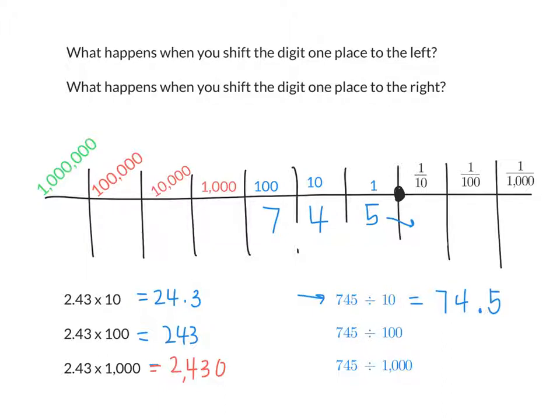to the right or to the left. What do you guys think? To the left. How many times? 1. So I would show each number is shifting to the left by 1. Okay. Does the decimal point ever move? No. So what is 10 times bigger than 2 and 43 hundredths, or 2.43? 24 and 3 tenths. Good. Okay. Now,